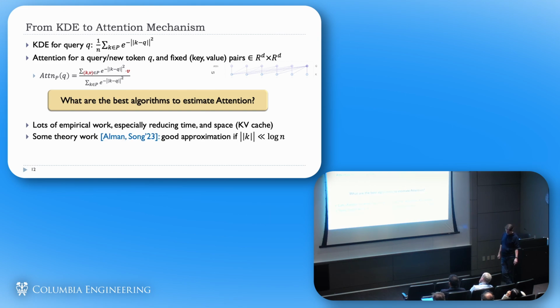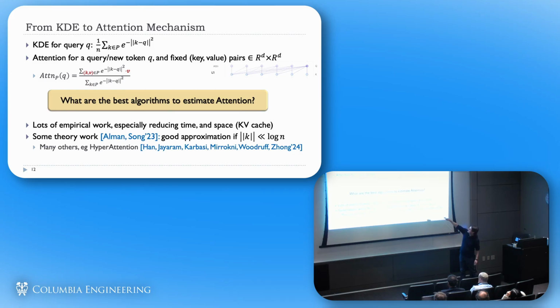There is some theoretical work, including here by Josh Ullman from Columbia CS, who show that, for example, you can get good approximation if the norms of the queries are sufficiently small. There is also other work, more technical to state, which gives approximation guarantees, maybe as a function of the norms of the values, the keys, and the queries. I won't go into more detail, but by and large, it is still not a problem that is considered solved in theory or in practice. Okay.